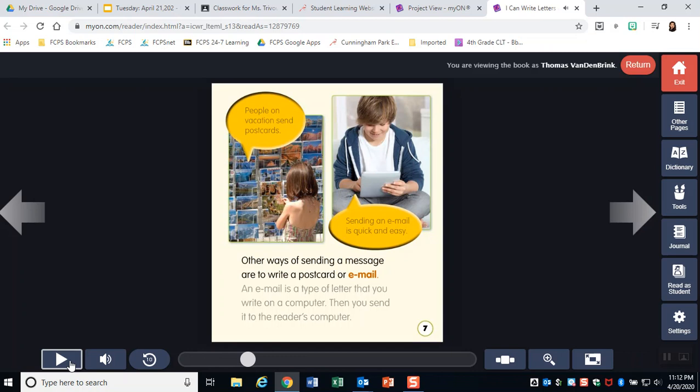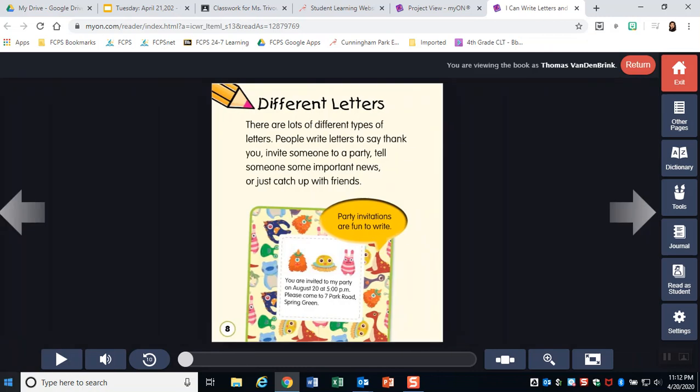One of the choices that you will have, especially at these times, is to write an email to the person that you chose to write your letter of gratitude. Different letters. There are lots of different types of letters. People write letters to say